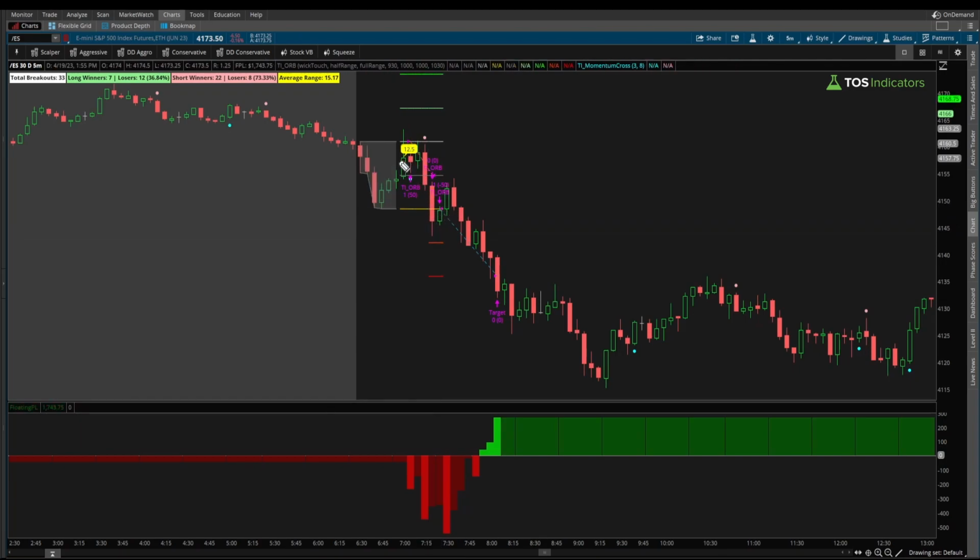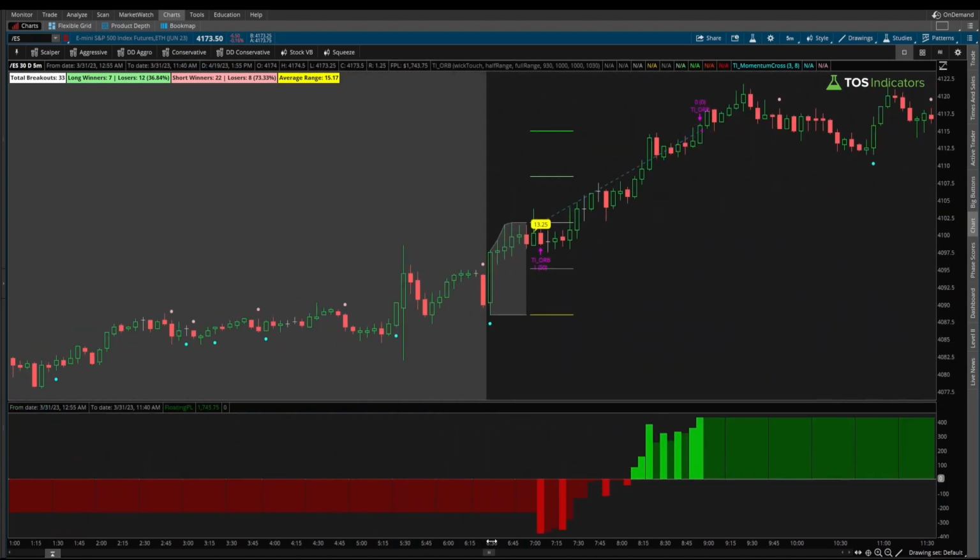bit cleaner here, same idea, bullish breakout, we don't hit the target there, instead reverse, we hit the bearish target here, we don't see really the momentum cross take place in this entire pause, but instead price just makes the next leg down lower. And finally, the last example I have for you, which I thought was a tricky one,